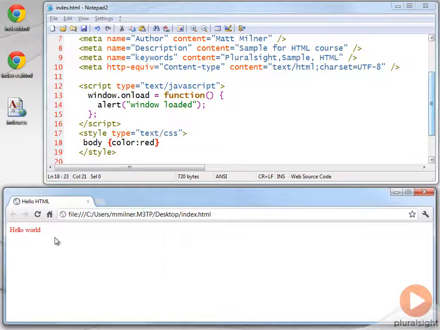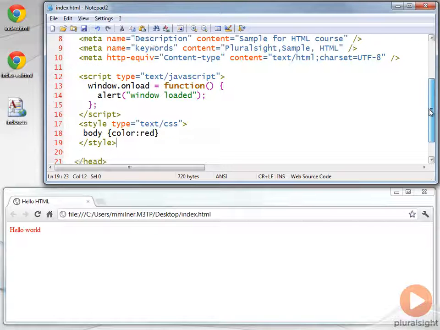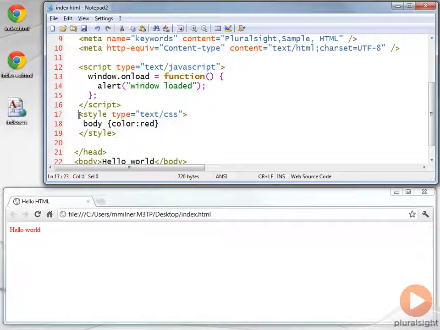So if we refresh that, we see our script runs and our style is applied. And so the color of our content is now showing up as red. As I said, we've got courses on style sheets and script that'll take you a lot deeper into those things, but you'll see in those courses that you can reference these things here in the header, or you can use